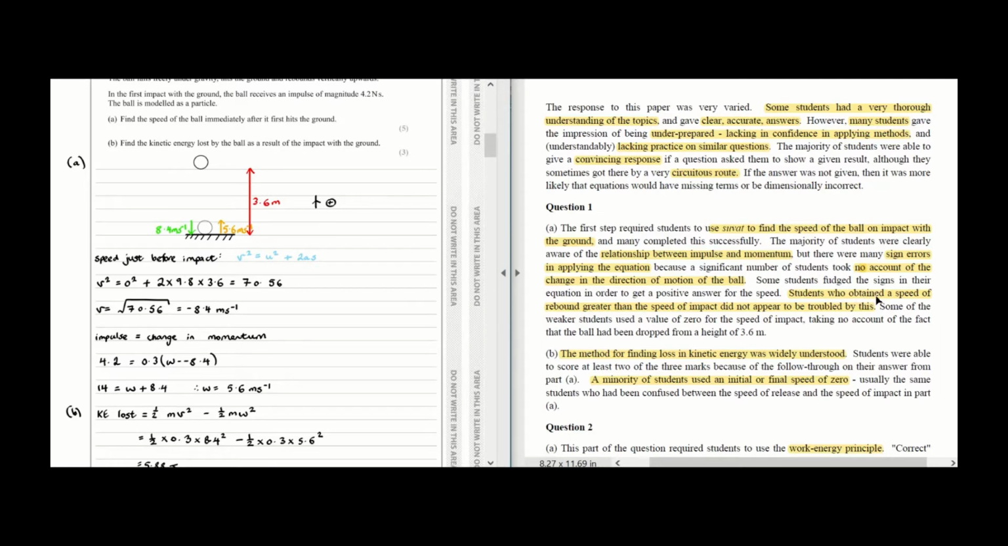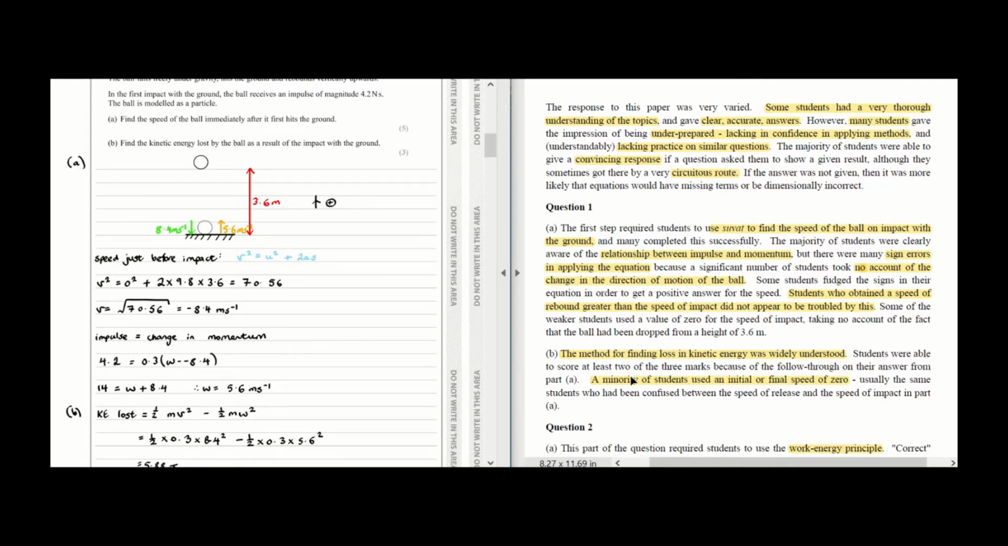What else was important? Students who obtained a speed of rebound greater than the speed of impact did not appear to be troubled by this. Okay, fair enough. In terms of part B, where we have to find the loss in kinetic energy, that was